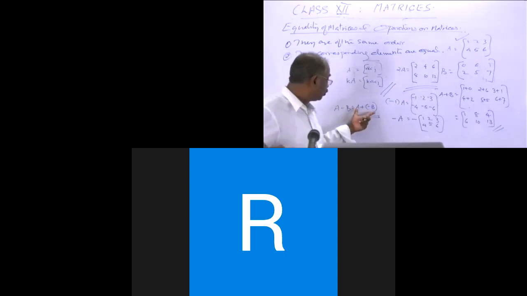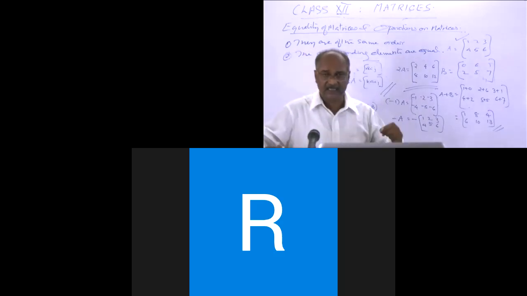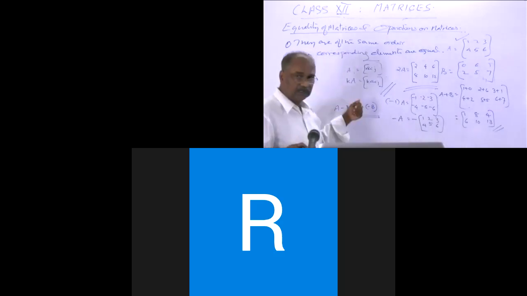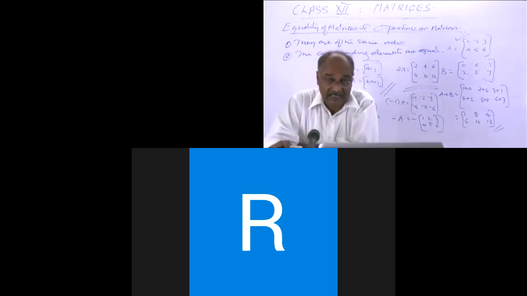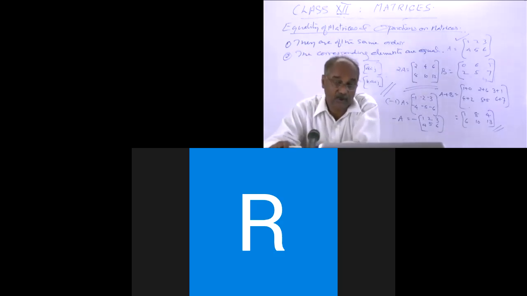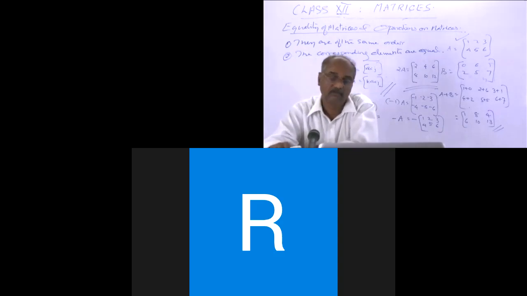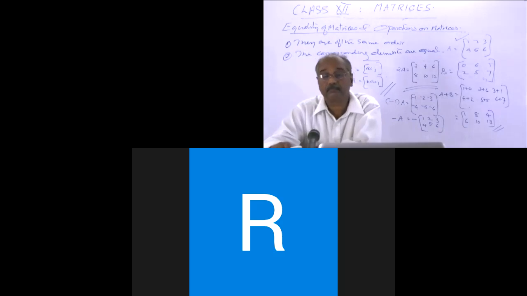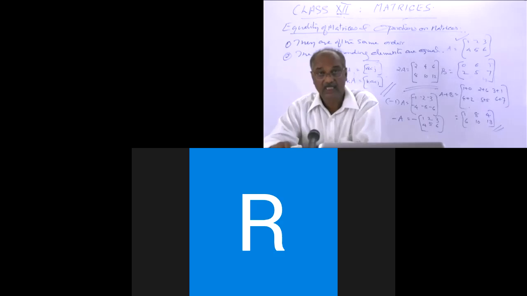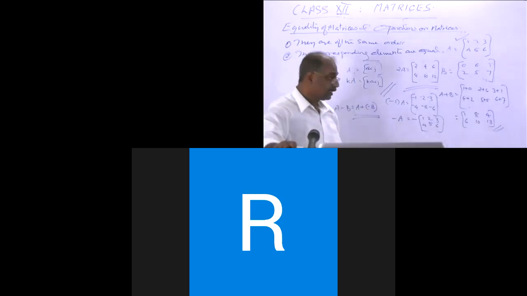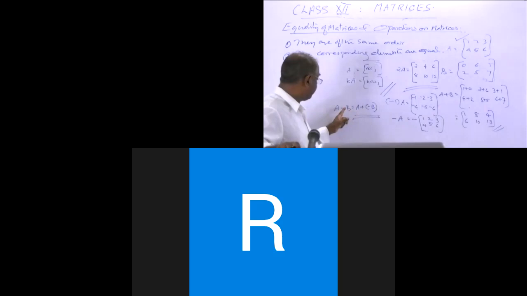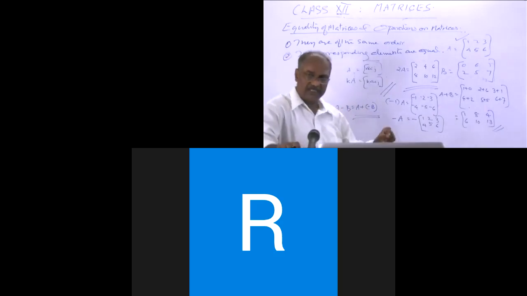And since subtraction is defined as a sum, the matrices should be conformable for subtraction. That means minus B and A should be conformable for addition. That means A and B are of the same order. So they are conformable for subtraction if they are of the same order. And if we subtract the corresponding elements of B from A, we will of course obtain A minus B.